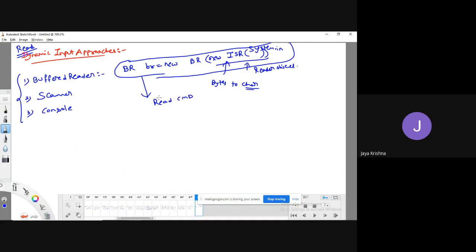How are we going to read the data from the command prompt? I have instantiated the object for the BufferedReader class by passing the InputStreamReader object. That InputStreamReader object contains the command prompt data. So through this object, I can read the data. What methods are available in BufferedReader?